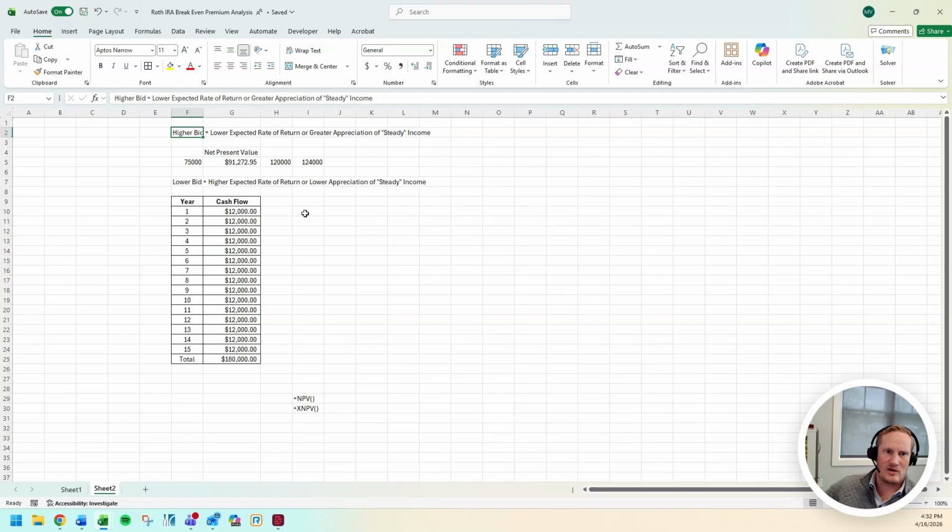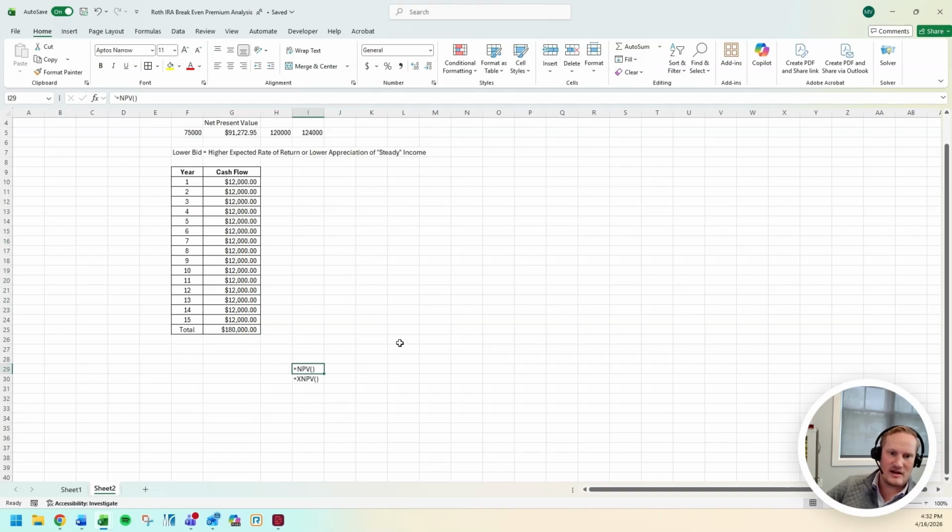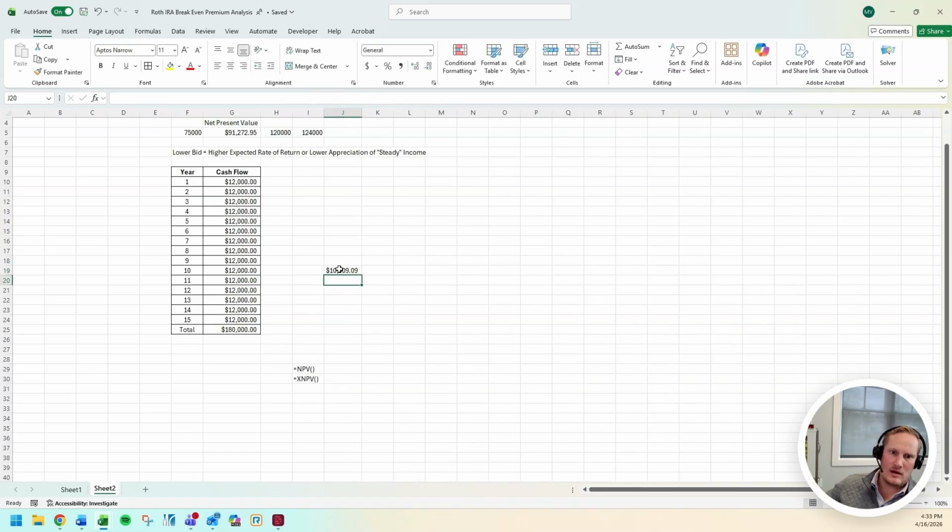And of course, if you're doing a cordial bidding process, you can just enter the 91,272. If you're looking to do this yourself on Excel, NPV is the function I'm using here. You can also use XNPV. That's going to pull up a calendar or date so that you can enter the dates in which those are going to come through. If they're on unequal amounts, you simply enter the discount rate here first, or expected rate of return, 0.1, and then you can enter amounts such as $12,000 and see that $12,000 at the end of the year is only worth